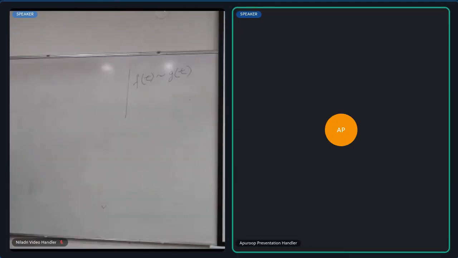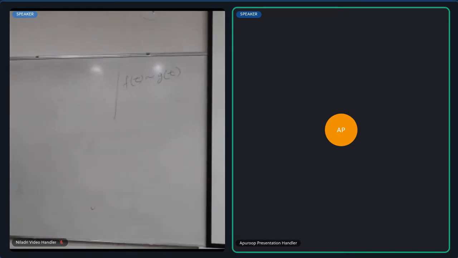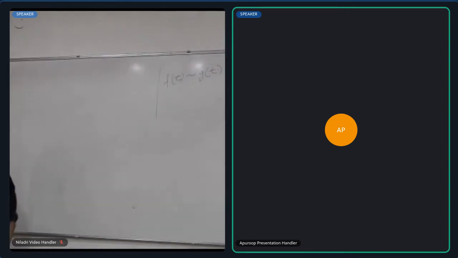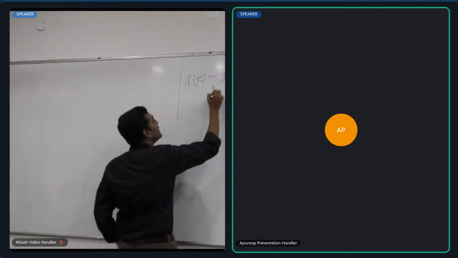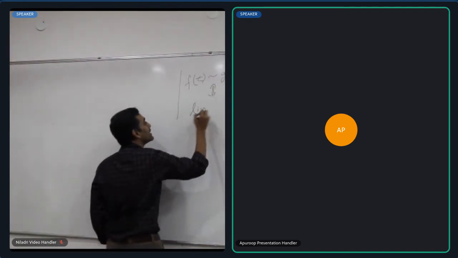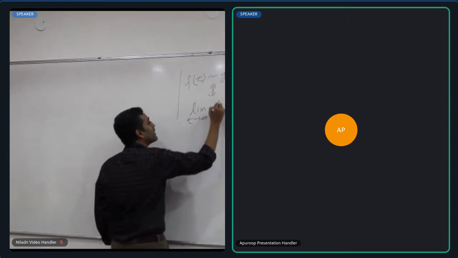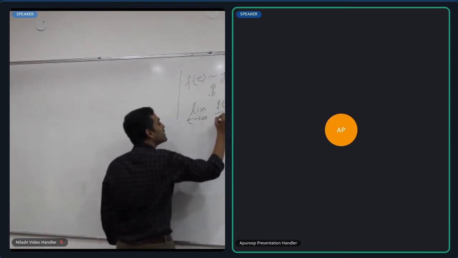Because this is notation I'm going to use all the time, let me introduce this. So we will often say that f of t tilde g of t, to mean asymptotic equivalence between the functions f and g, right? And typically the asymptote will be clear from the context. Typically it will be t tending to infinity. So what this will mean is that the limit as t tends to infinity of f of t by g of t is 1.